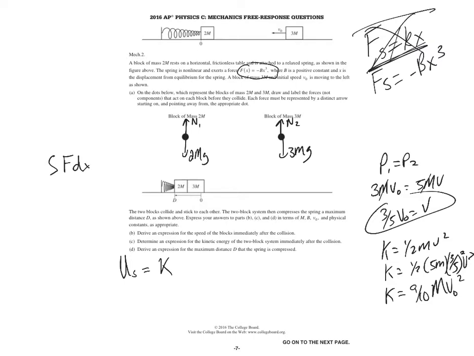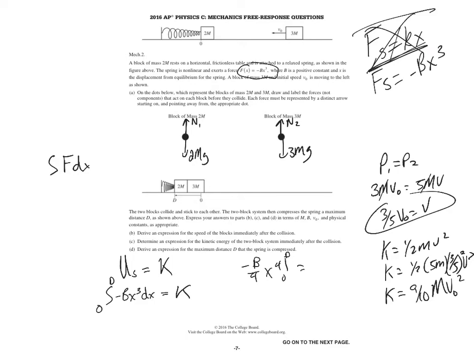We're going to integrate this from 0 to d, negative b x cubed dx. Then we integrate that, we get negative b over 4 x to the 4th evaluated from 0 to d